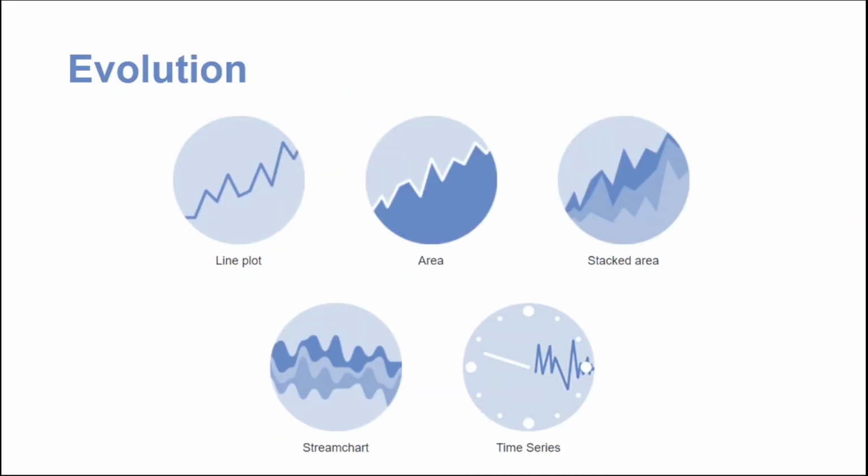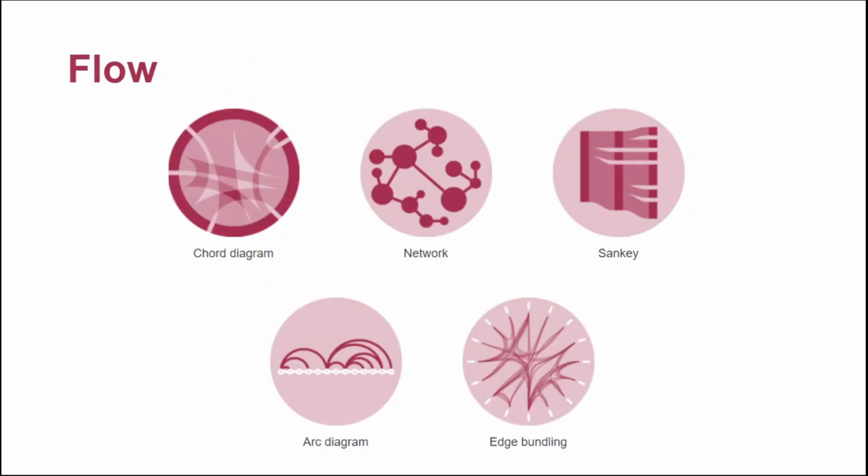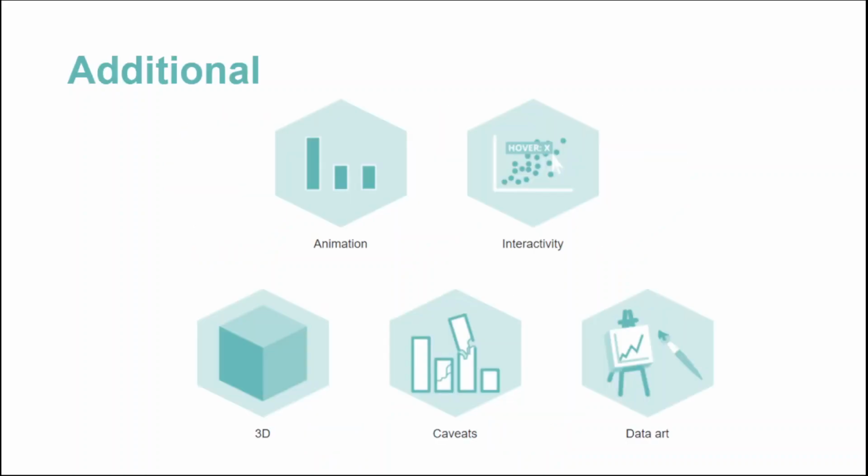So evolution plots are different kinds of plot, and the flow plots are different. All these plots can be done in RStudio. The additional plots can be animation, interactivity, 3D model, keywords, and the data art. So in the upcoming seminars, I'll be speaking about each one of these plots individually using RStudio and how to